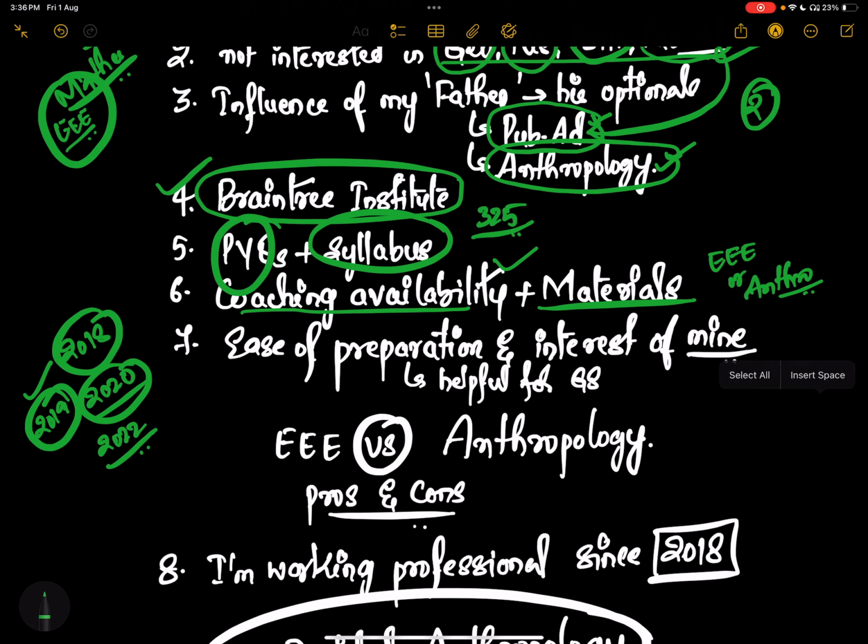So all these things I kept in mind, and I felt that, okay, for anthropology there are very good materials available. Even the standard textbooks made for anthropology are very good, like Nadeem Hussain. But I'm not preparing from all those; I'm just preparing from my class notes and Lagima madam's notes only. And coming to ease of preparation, friends, since I'm a working professional, I also wanted the preparation to be very easy for me, so I've taken online coaching for that.